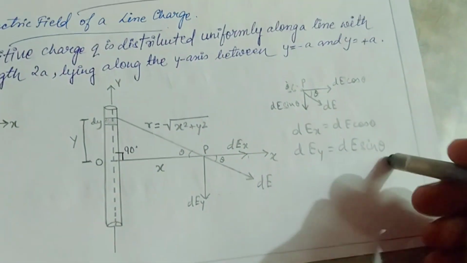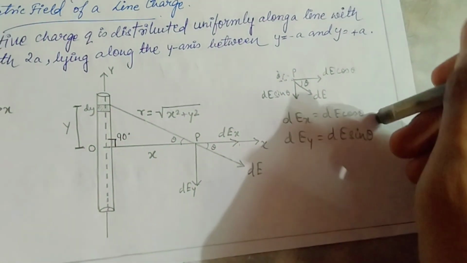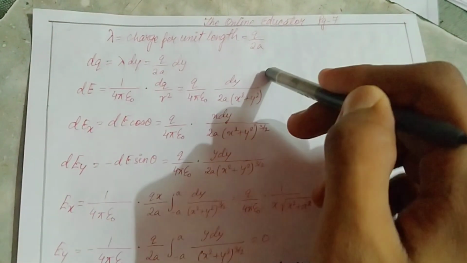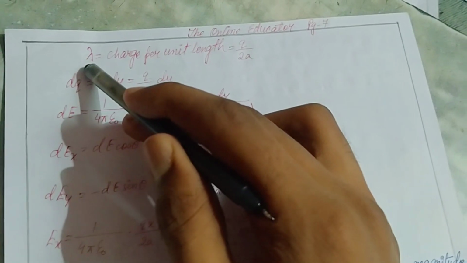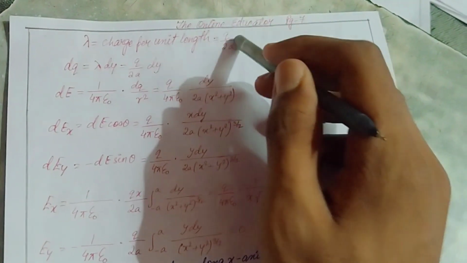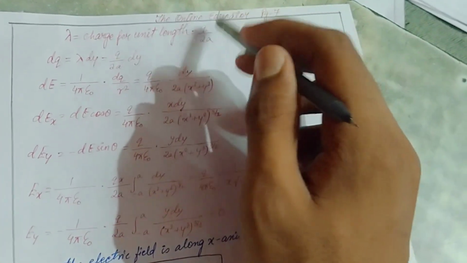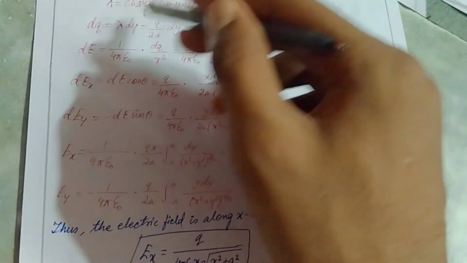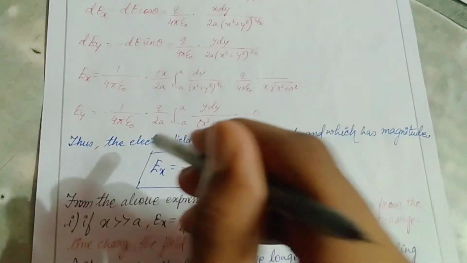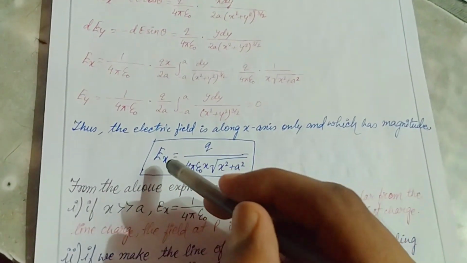The perpendicular is dE sin theta, the base is dE cos theta. Okay, now comes the calculation part. So lambda, which is the charge density, is equal to q by the area, so q by 2a. After the calculation, we get the magnitude of the electric field along the x-axis, which is Ex equal to